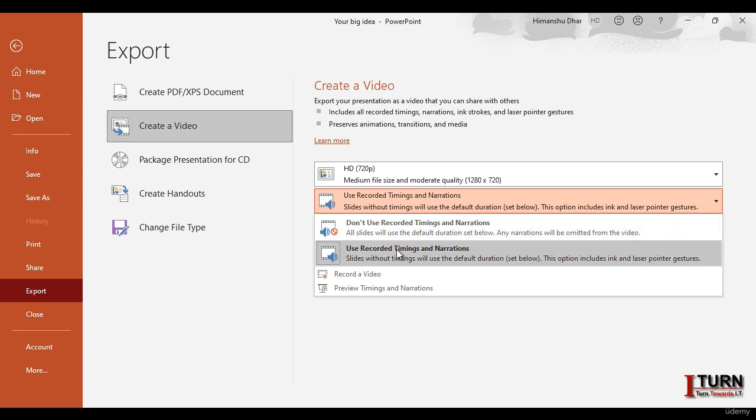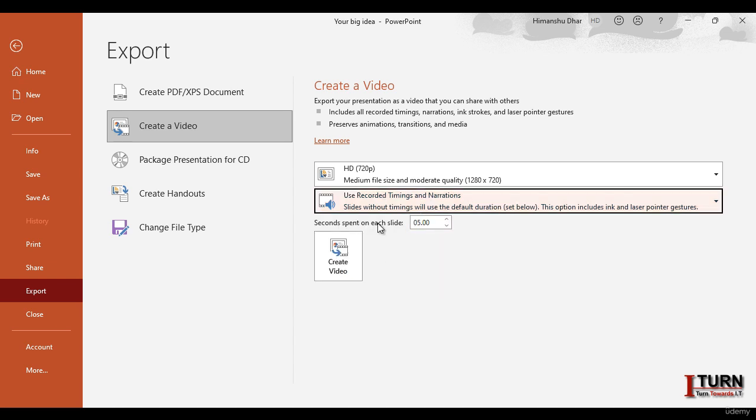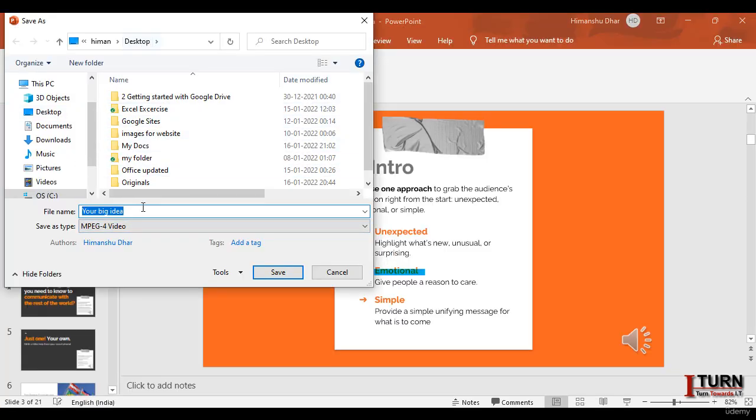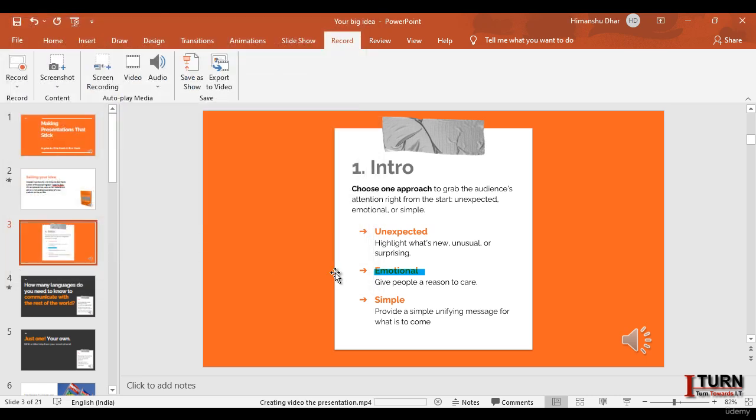Why I will do that? I am going for this particular option. Second spent on each slide has been selected over here, but however, because we have recorded timings and narration, so it's going to take this only. So let me click on create video. Now here you will have to give the name and the destination. Okay, save as type has been mentioned over here, so I'm going to select mpeg4, which is being universally accepted. Click on save. Now here you will be able to see creating video, the presentation.mp4, and you can see the bar,